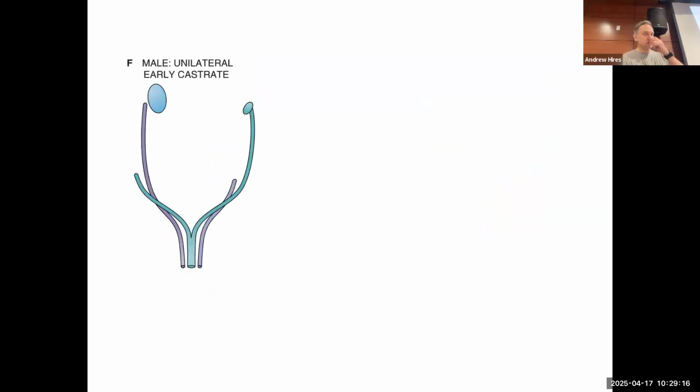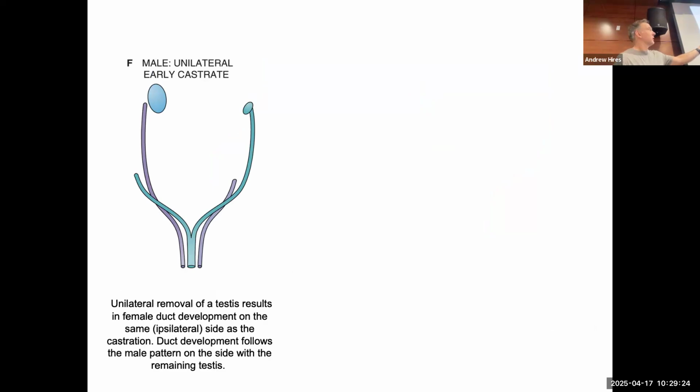Now, if we take a male, XY, and we castrate only one side, so remove one testis, what's going to happen there? That's going to be kind of weird. In that case, the side in which the gonad is spared allows the maintenance of the Wolffian duct and the degradation of the Mullerian duct on just that one side. So that tells us that there's some local signaling going on here. It's not just a hormone circulating throughout the body, right? There's probably some paracrine signaling that's required here,